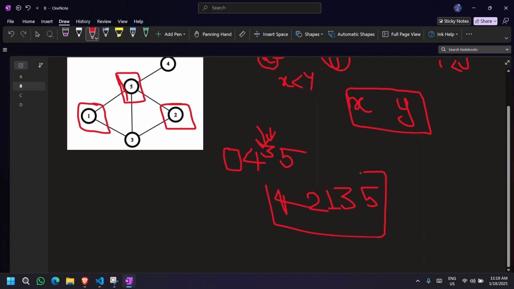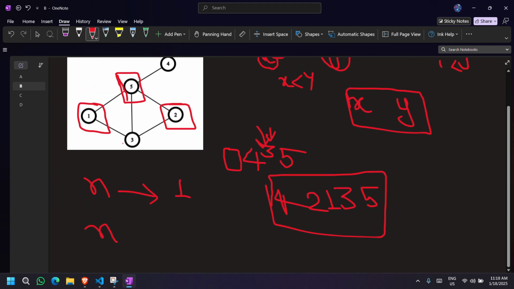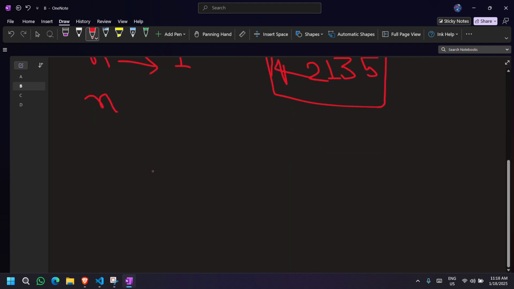Now how to code this? Move from the higher number to the lower number, from n to 1, and initially insert n into the array. Then move to n minus 1 and find all the nodes connected to it. Suppose you are currently processing node number x.